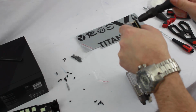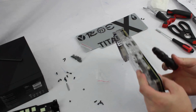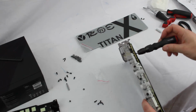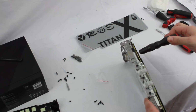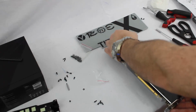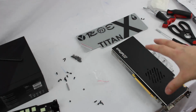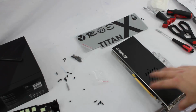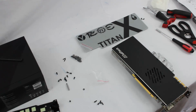Okay, seated down, 2 fingers. Again, 2 fingers. That way we're not stripping those screws, we're not breaking that circuit board, we're not over tightening any of those. So I'm going to go ahead and get the remaining, only 4 screws in here,